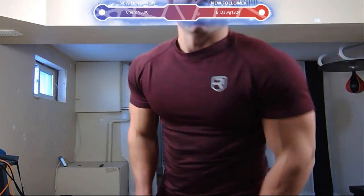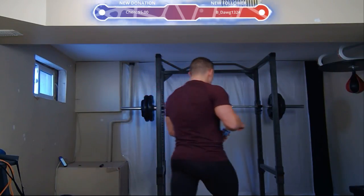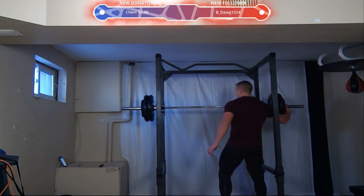Look at those tighty whitey pants. Last I checked, these were black. I don't see any whitey there other than this guy, but yeah,